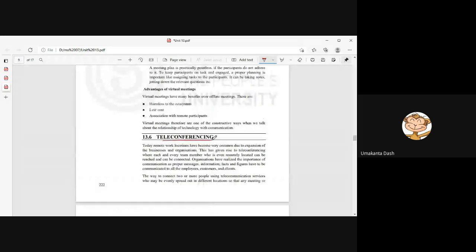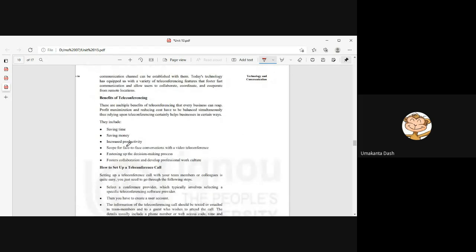नेक्स्ट इज योर टेली कॉन्फ्रेंसिंग। आज लोग सभी टेली कॉन्फ्रेंसिंग में यहाँ पे बैठ रहे हैं, तो आई थिंक नो नीड फॉर डिस्कशन पॉइंट। टेली कॉन्फ्रेंस आप लोगों को भी पता होता है, बेसिकली योर टाइम भी बचता है, मनी भी बचता है, इंक्रीजिंग प्रोडक्टिविटी भी रहता है, स्कोप भी रहता है, फेस टू फेस कन्वर्सेशन विद द वीडियो कॉन्फ्रेंसिंग। डिसीजन मेकिंग में आप लोगों का फर्स्ट स्टेज आता है, और इसमें यहाँ का यूज होता है स्क्रम,